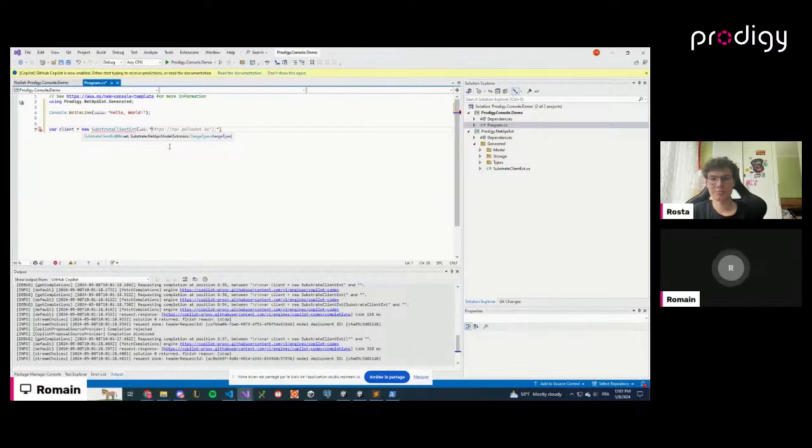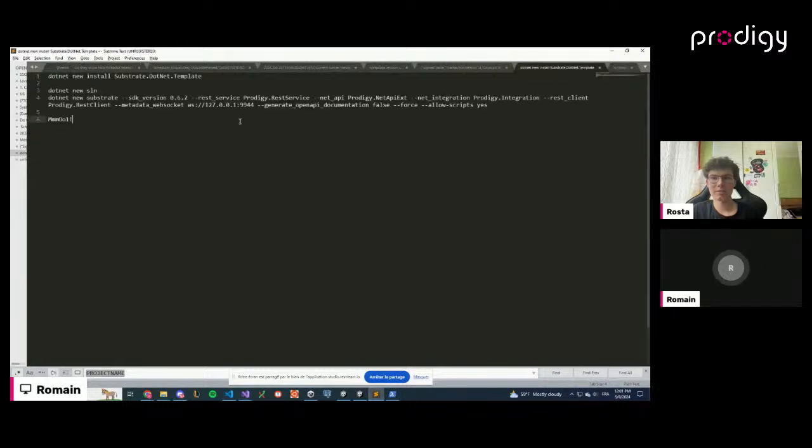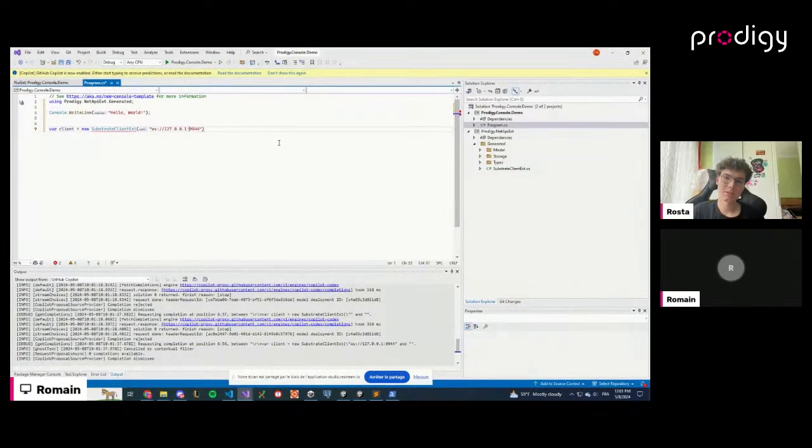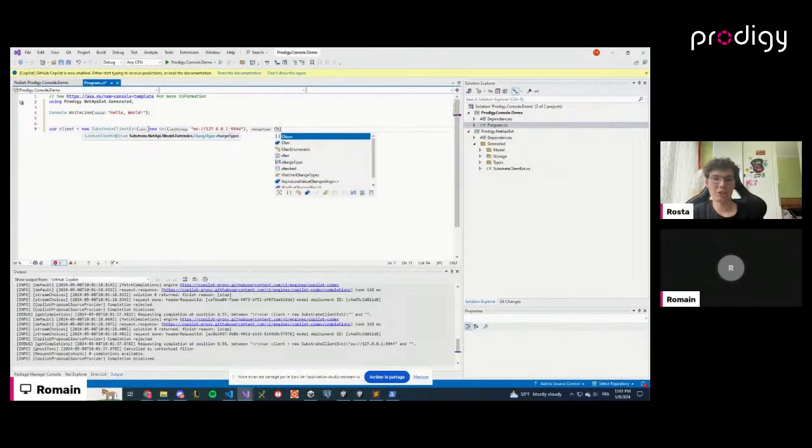I think WS. I can just use this one. Okay. Yeah, exactly. And then you also need to specify the charge transaction, which can be just the